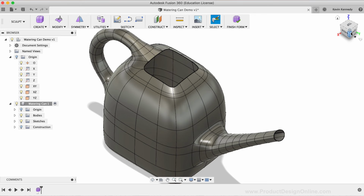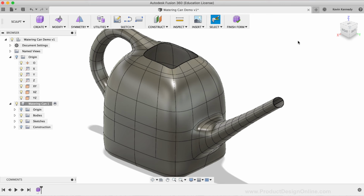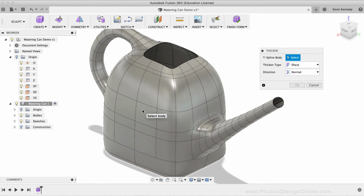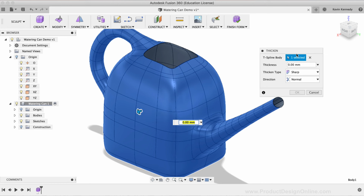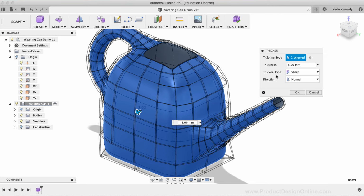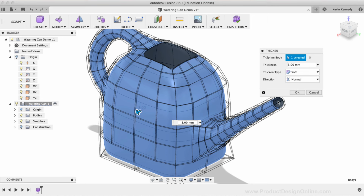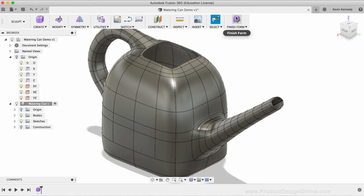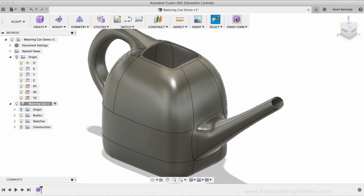The last thing that we need to do is thicken this body since it currently has no real thickness. I'll select the Thicken command from the Modify drop-down list. Then I'll select the body of the model if it's not automatically selected. I'll type out 3 millimeters for the thickness, and I'll change the thickness type to Soft, which will make sure that the openings of the model, such as the end of the spout and the top of the hole, have a soft rounded edge once the body is thickened. I'll now click the Finish Form icon in the toolbar to finish the sculpt body, which converts it to a